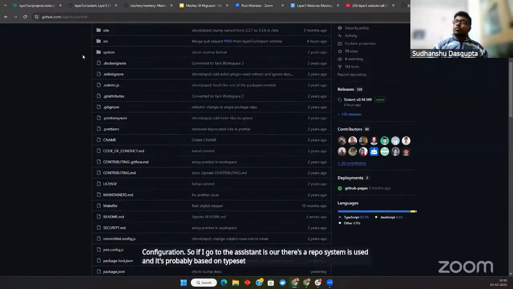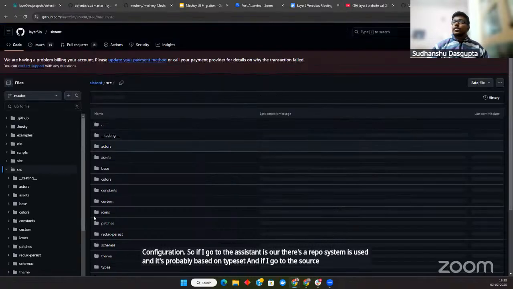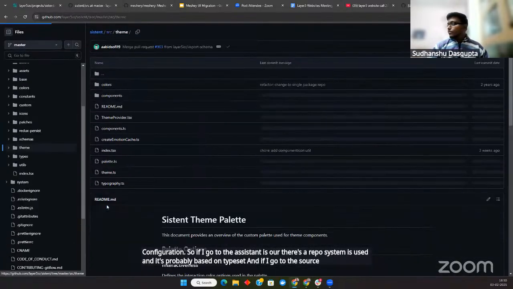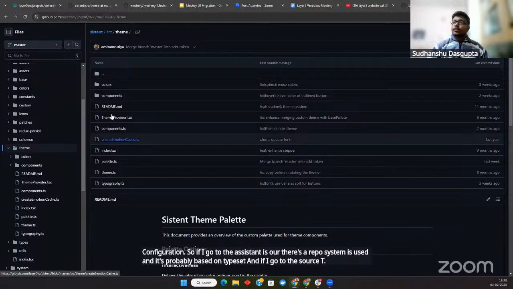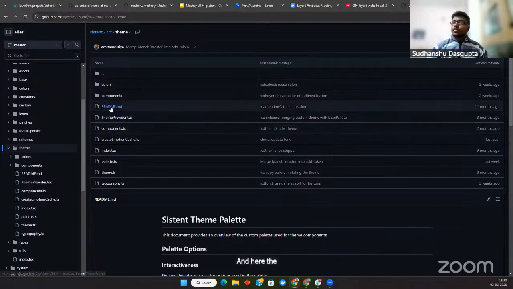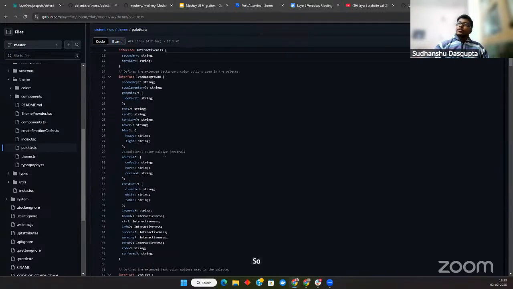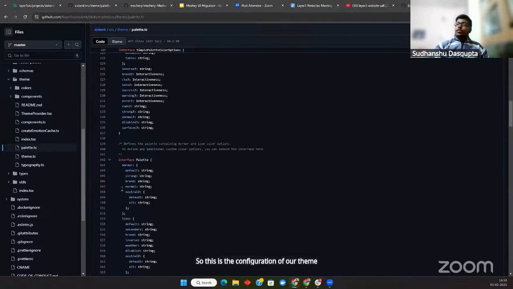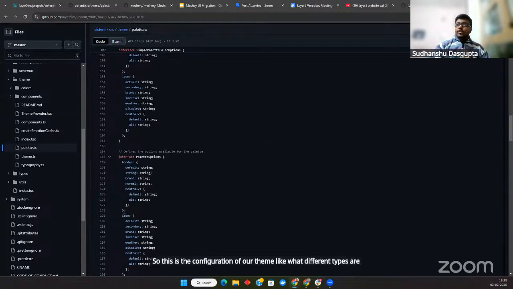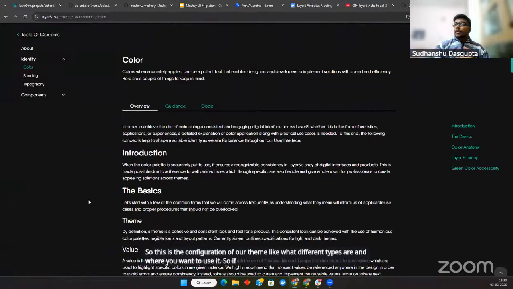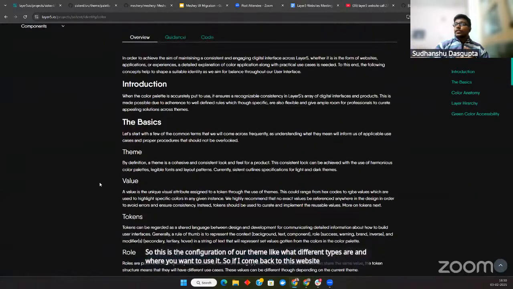If I go to the source and theme, here is the palette. This is the configuration of our theme, what the different types are and where you want to use them.